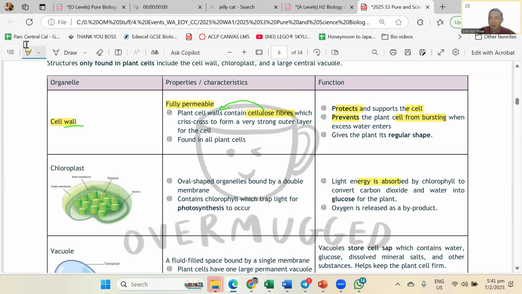It will absorb light energy and convert it into something useful. Light energy to chemical potential energy. Boom. Sec 2 science here to haunt you again. So what is photosynthesis? It is the reverse of your respiration. I want to produce glucose using carbon dioxide and water. Okay, then they give us oxygen so that we can live.